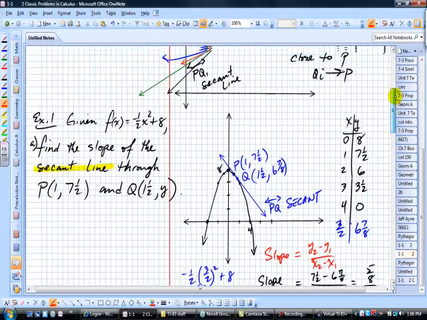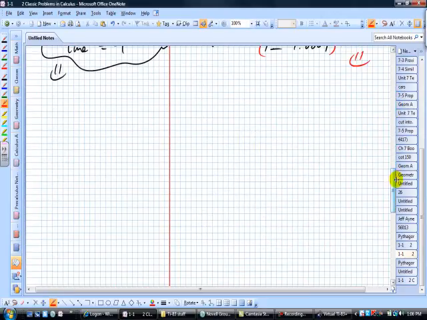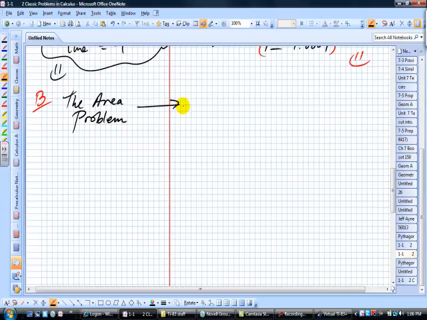All right, the next one is called the area problem. This is part B now, or second part, and it's the second basic problem in calculus, and it's called the area problem. And the area problem goes like this. Here's your basic idea or the goal: we want to find the area